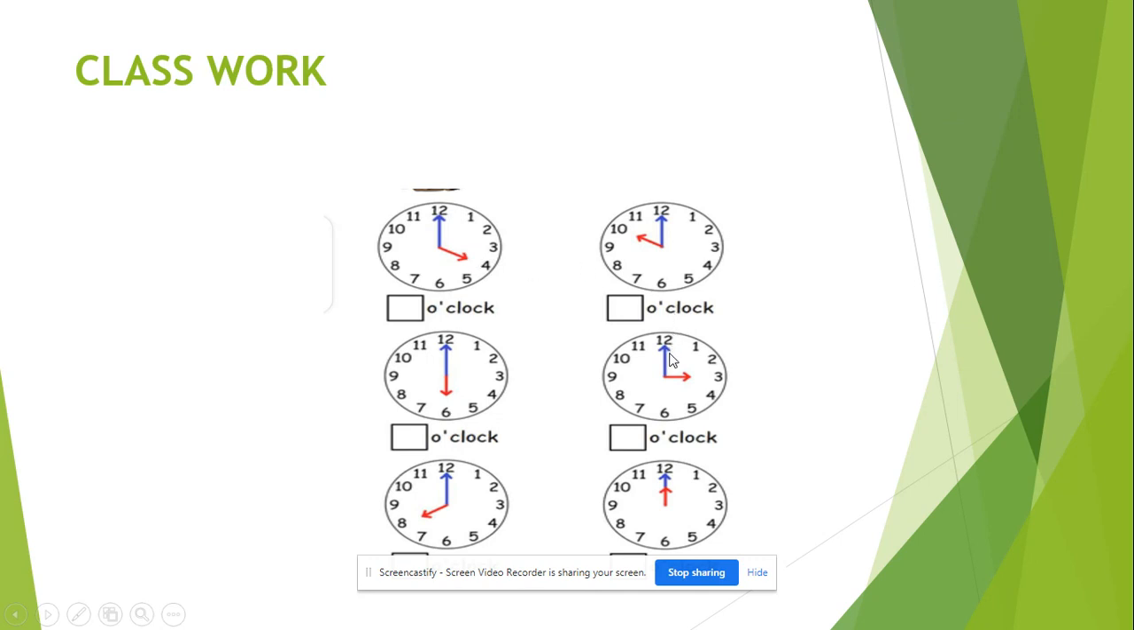Now look at this. Your long hand is on 12, your short hand is on 3. So the time is what? 3 o'clock. I hope we get it. It's very simple. So today, all we are going to look at is o'clock. So later in the day, we're going to check on half past